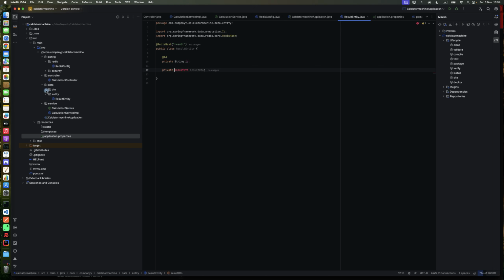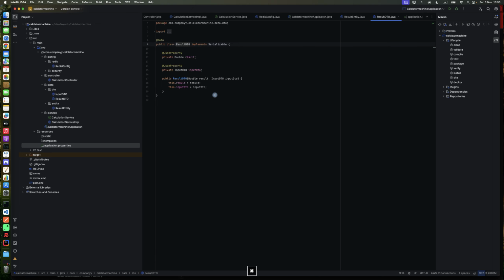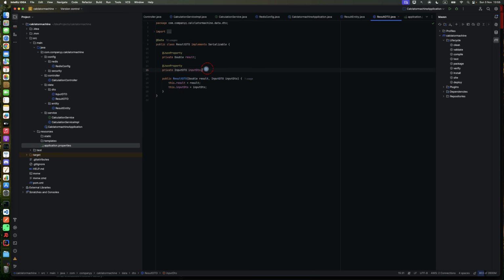Just a second. Yeah, it's with uppercase. Sorry. We want the result DTO to be persisted in the Redis hash. Okay. This will be the key for these entities in Redis. This will be persisted, the input and the result,